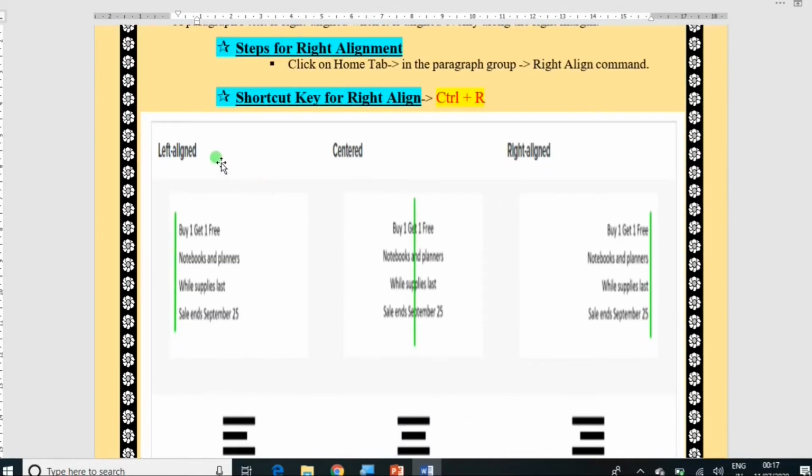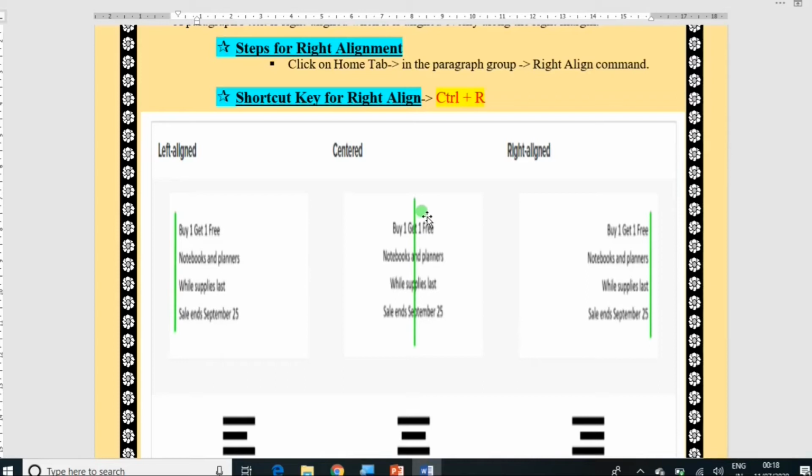Now I have explained left alignment, center alignment and right alignment. Here I have written some text. The same text is written in each, but in left alignment all the text is aligned toward the left margin. In center alignment, can you see this vertical line? I already told you above: in center alignment, all the text is divided equally from the central vertical line towards its left and towards its right.